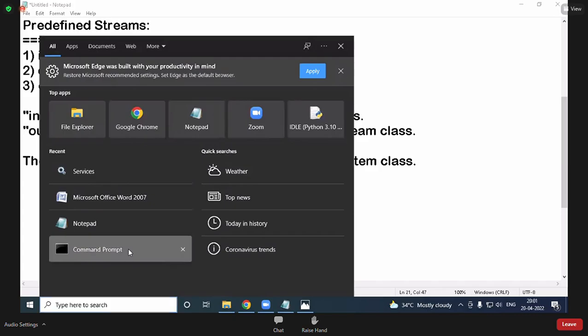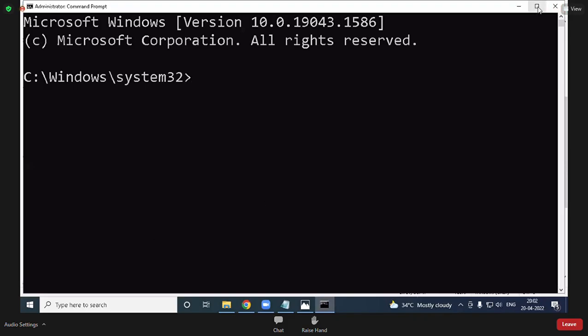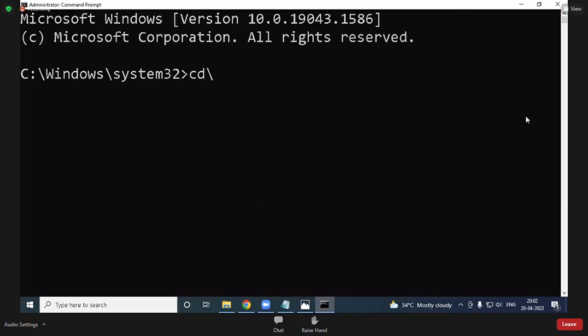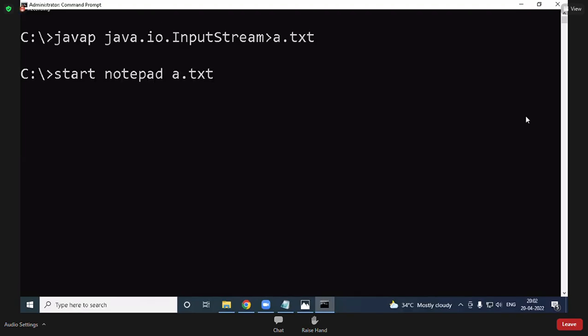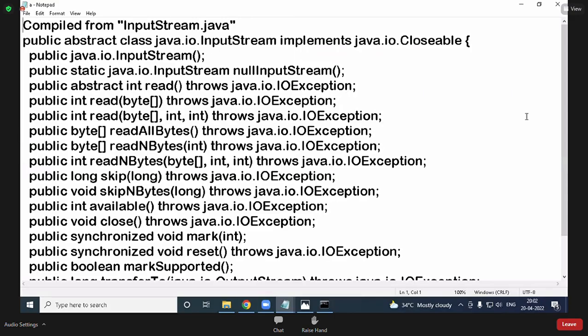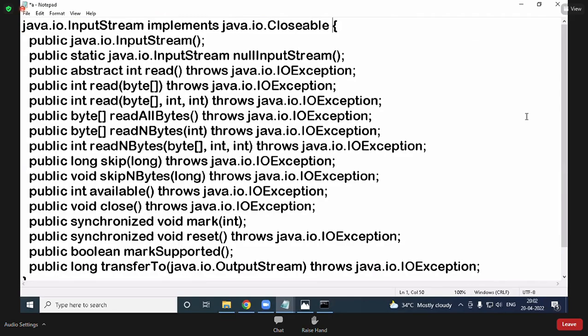See. Here, java.io.InputStream. Okay. I'll copy to your file. Already you have seen the javap command. Here, unnecessary things I'll remove. Whatever is required I'll place.